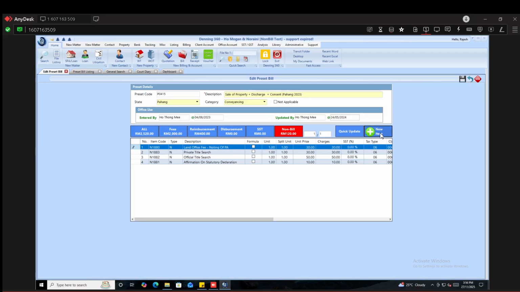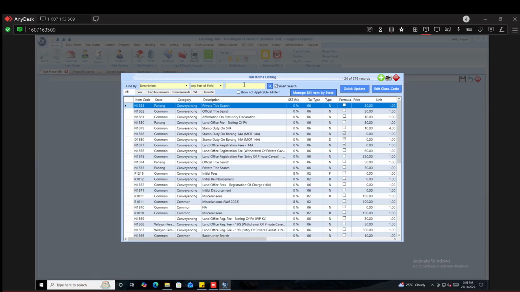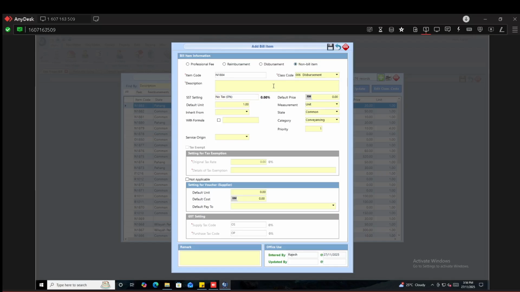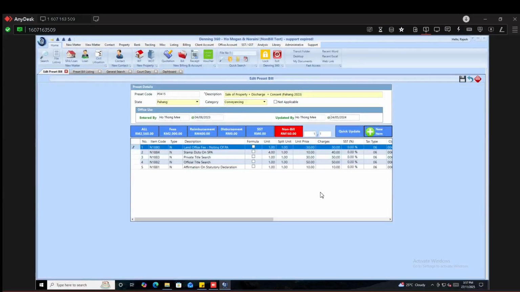And then the next one, I'm going to have two items. I'm just going to mix and match just to show you guys. Okay. Stamp duty on SPA. Click plus. The 4 copies here. Non-bill items. Okay, 10 ringgit each. This is your cost. Okay, default unit is 4. Okay, click save, double click. Okay,